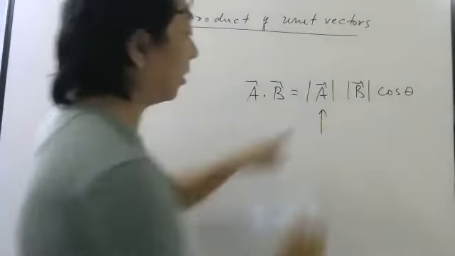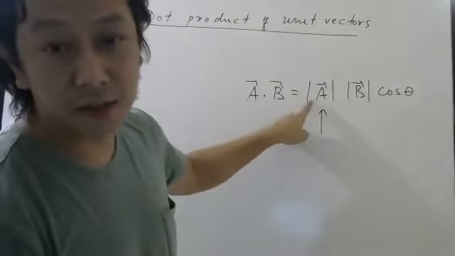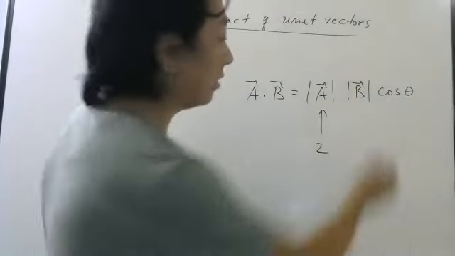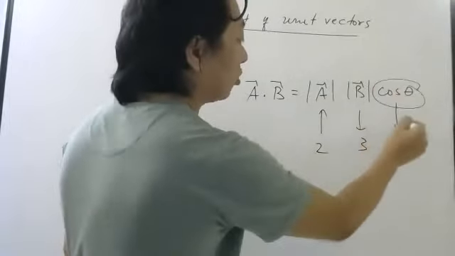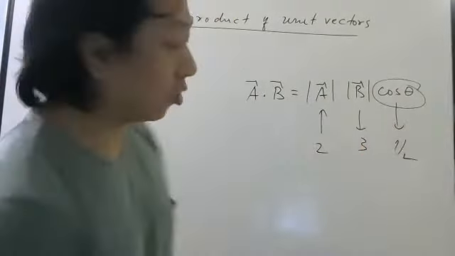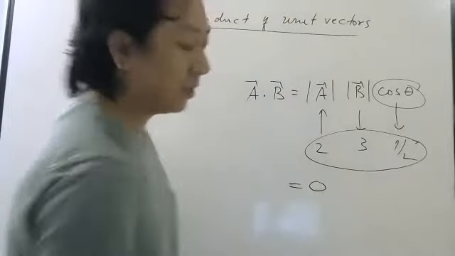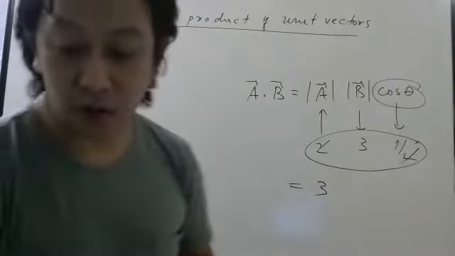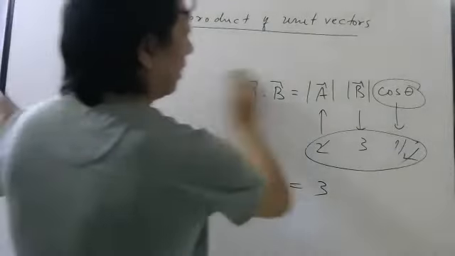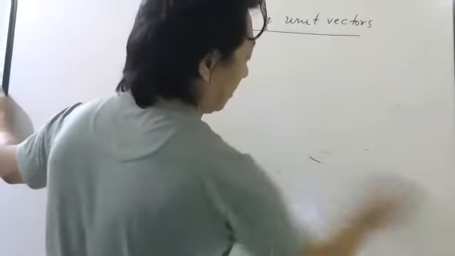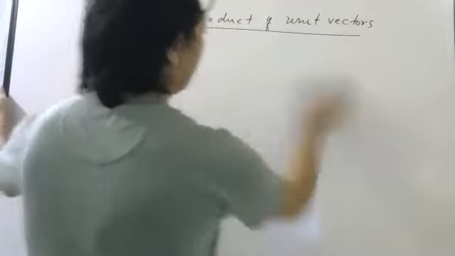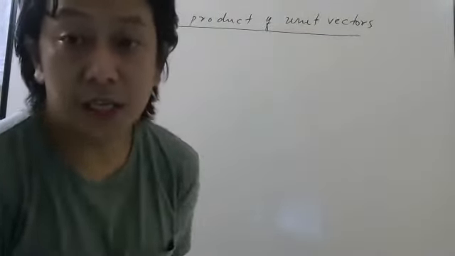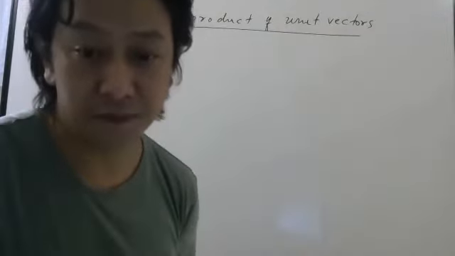Now, tell me, is this a number or not? This is a number, and is this a number or a vector? It is a number. So 2, let's say. This is a number, 3. Cos theta will also be some number, let us say half. If you multiply all this, you will get a number only. So since dot product always gives you a number, it must be a scalar quantity. That is how it is defined. For example, work done is a scalar quantity. Work done does not obey the vector addition rule.